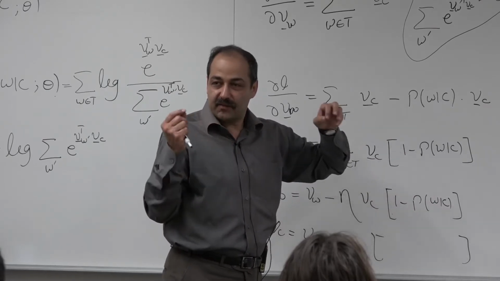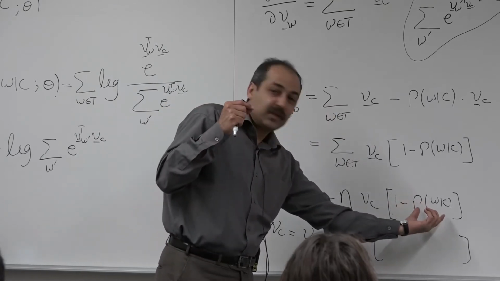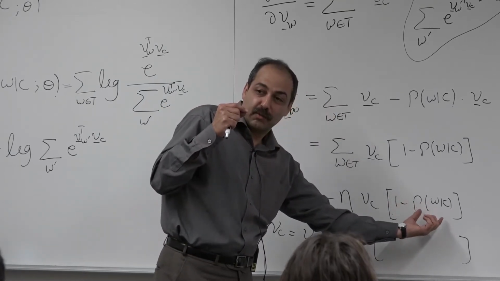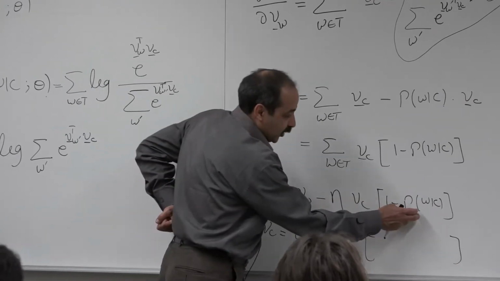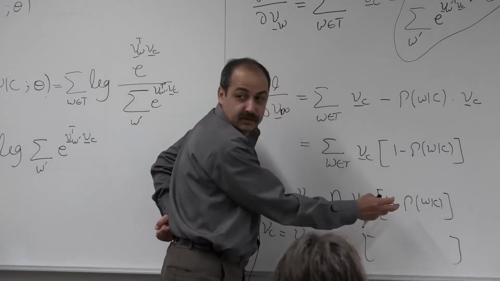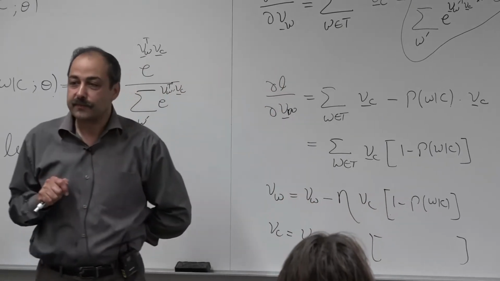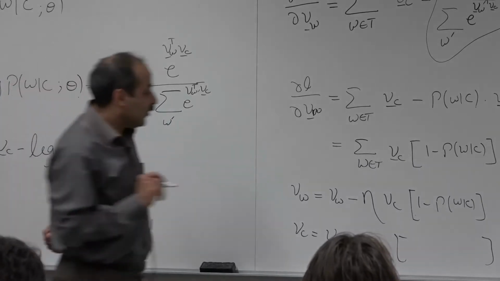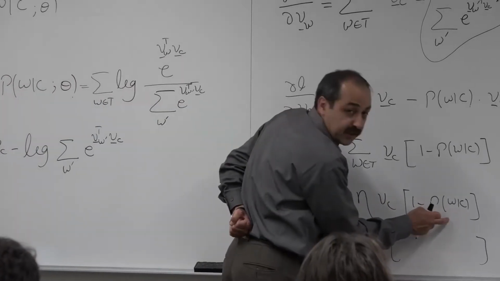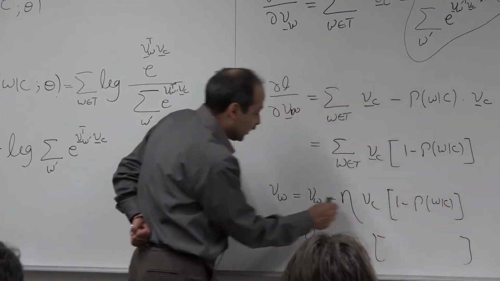So having this VW and VC, I can compute a large probability. Say it's 1. If I compute a large probability, this is going to be 0, and I have no update. That's a good VW. But if it's not large, if it's small,